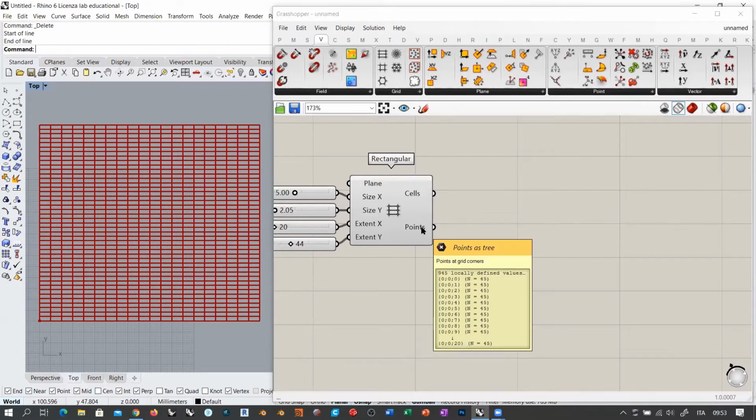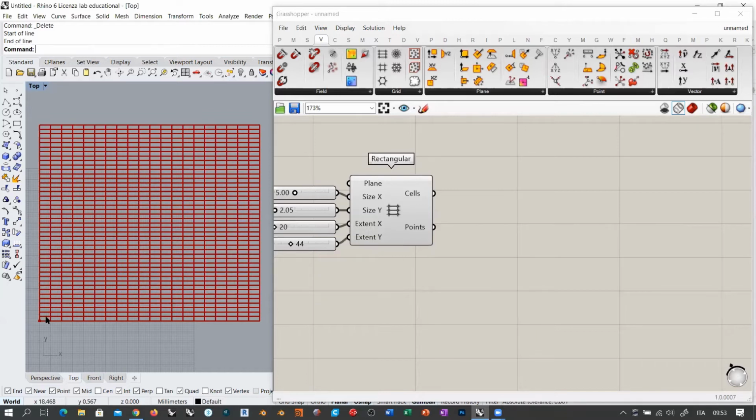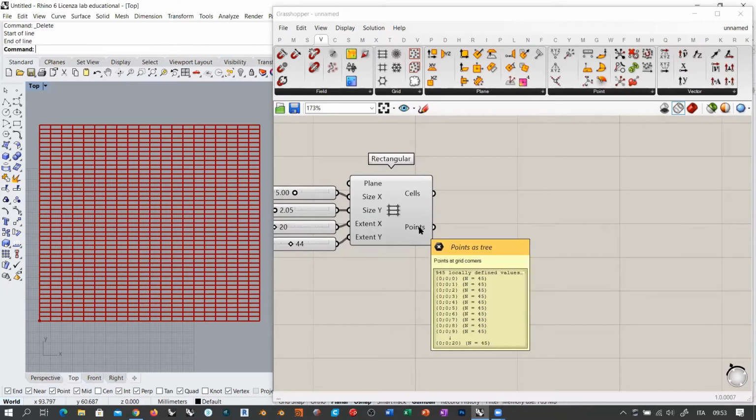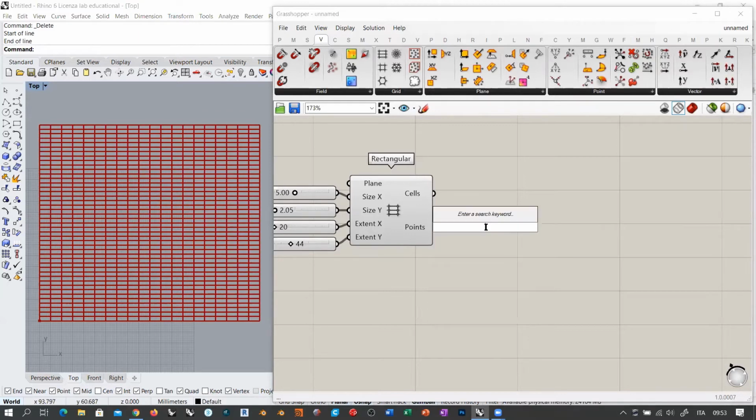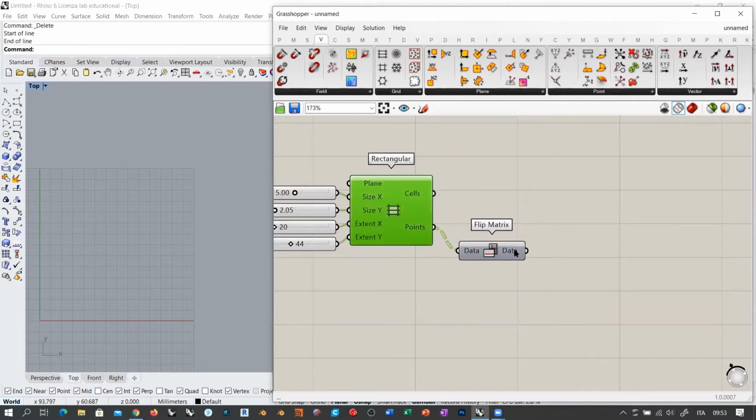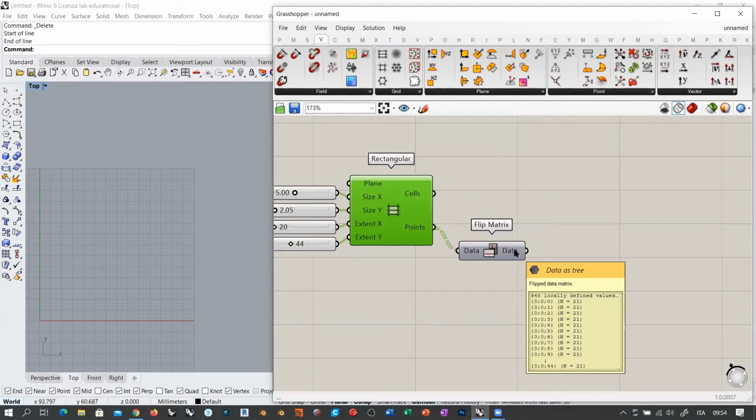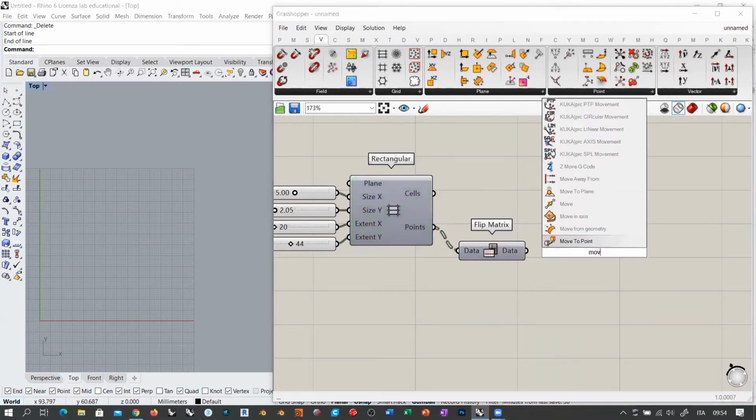So these points here, you see they are 45 per column. Okay, so you see that we have 20 extent X and 44 extent Y. So you see that we have 45 points aligned vertically. Okay, so if I flip this matrix of points, now I have 21 points in 45 rows. Okay, and if I want to move these points